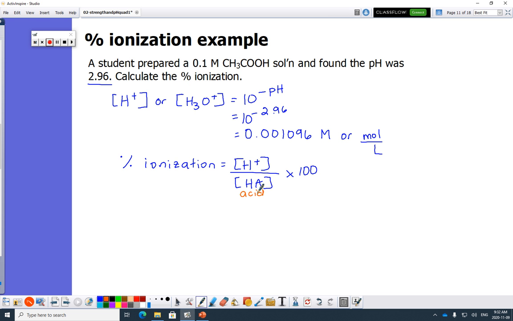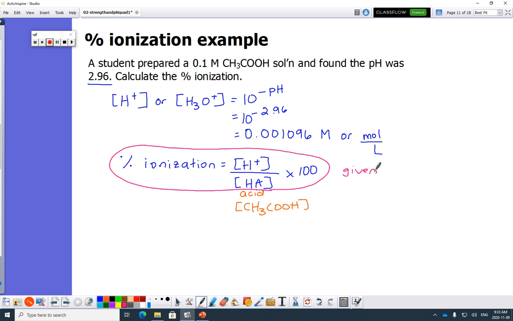You can write out exactly what it is, the acid concentration. You could write this in brackets in the bottom. It doesn't matter. If you needed this equation, you'd probably be given this form. Same with this. So you would have to adjust it, but